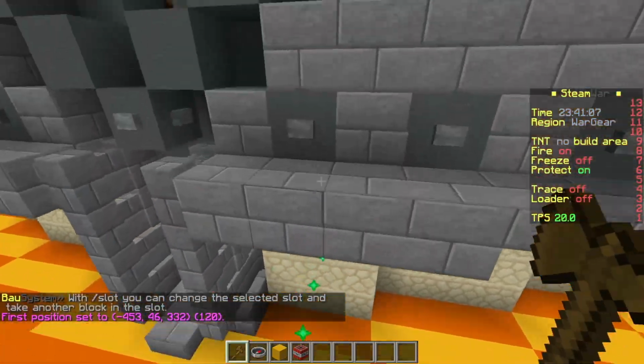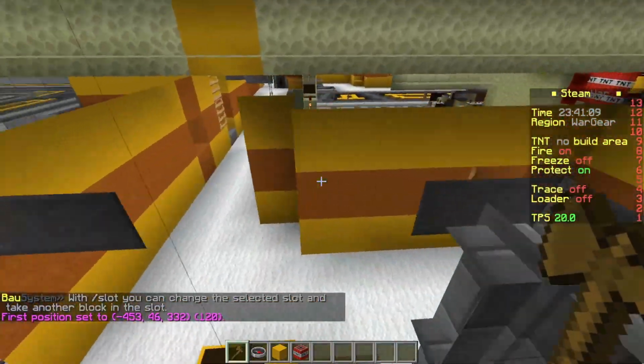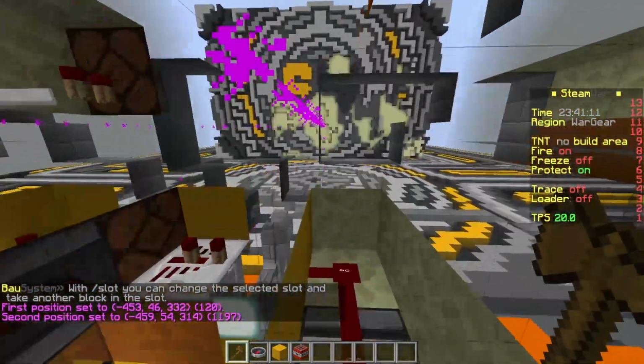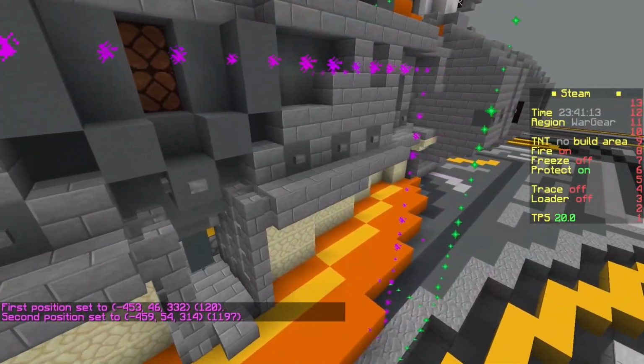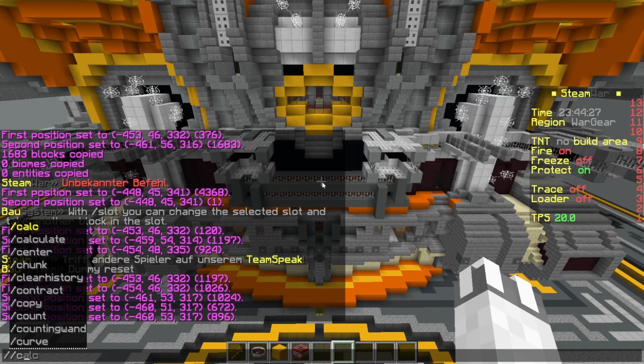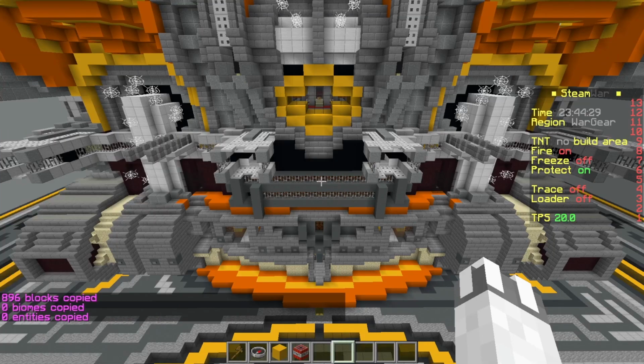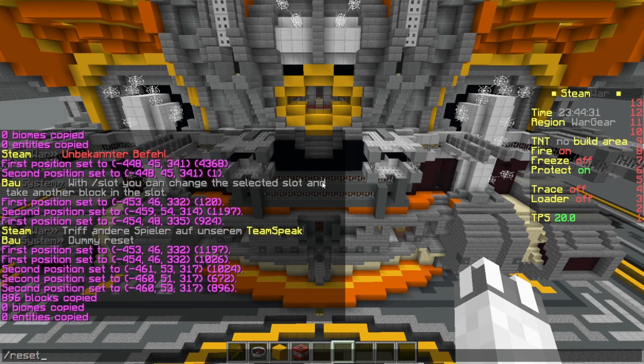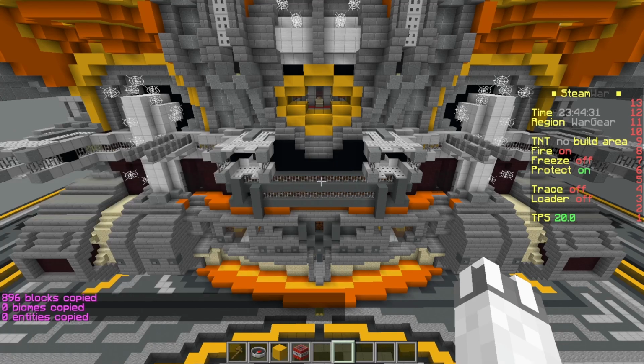Another method is to try to select and copy the cannon, not cut around it, either by using /noclip and then selecting the area again with left and right click, or by going into spectator mode and selecting the area with the /pos1 and 2 commands. I suggest two copy and paste procedures for this method. Either you just select, copy, reset the plot so the frame is empty, and then /p-o to paste only that selection into the now empty frame,